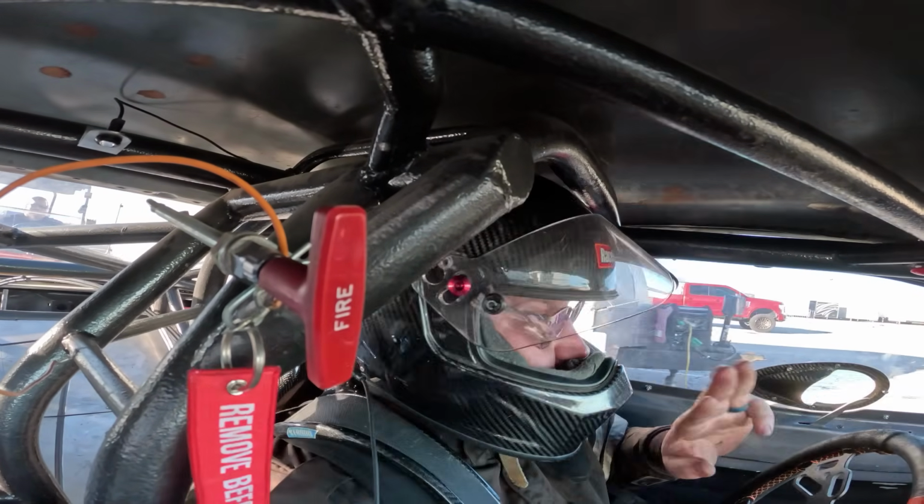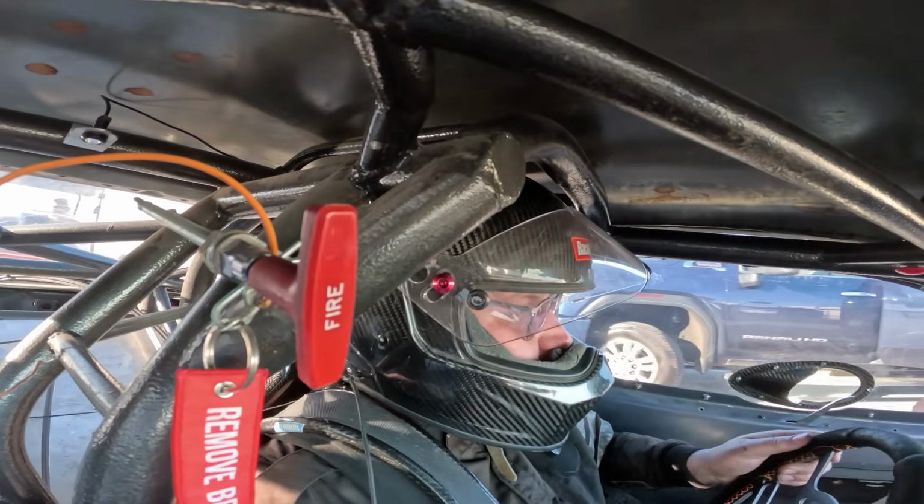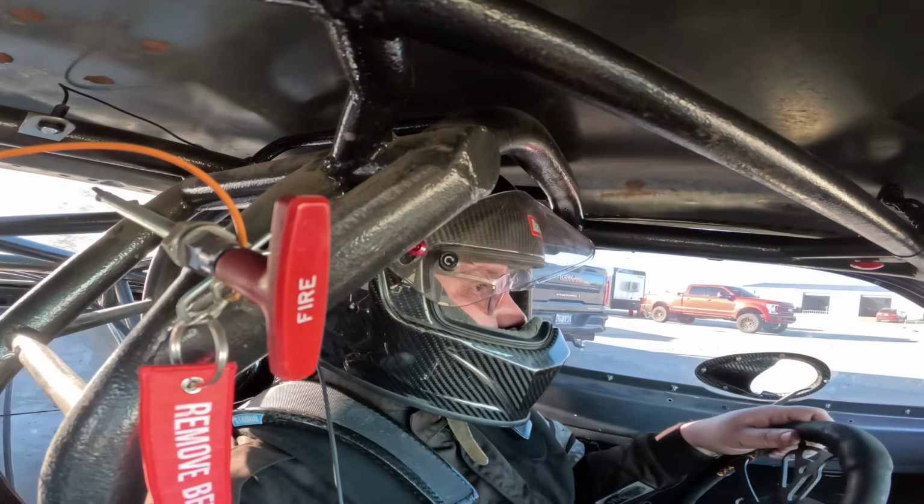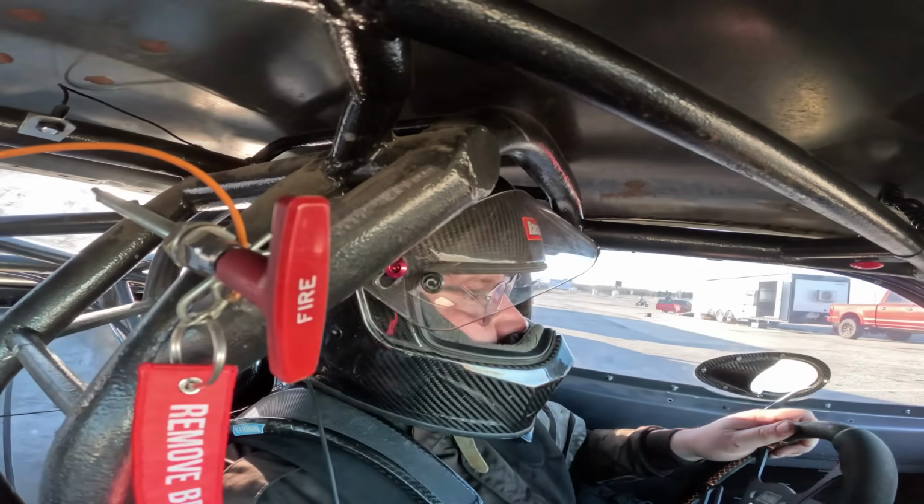All right, we're heading up for T3, and I put some more boosting at the back. That last hit was 30 pounds, and